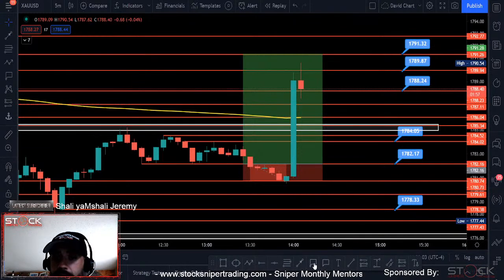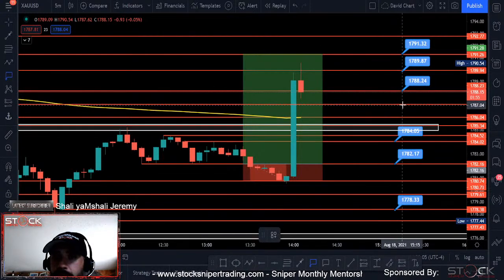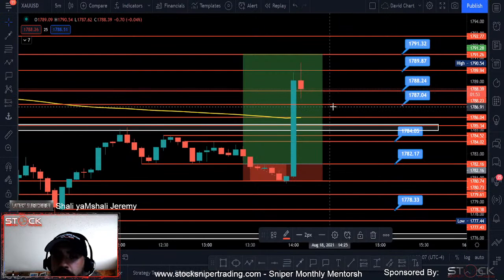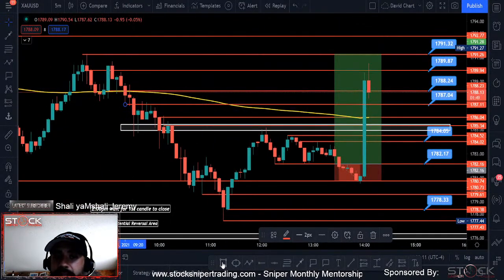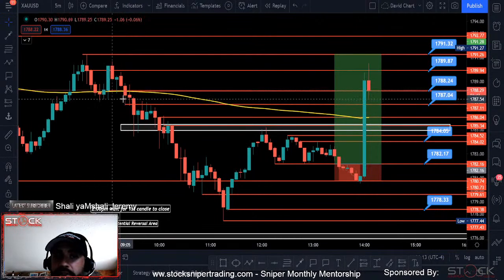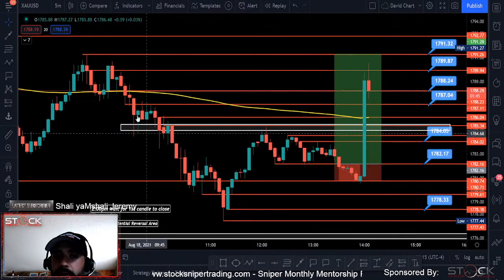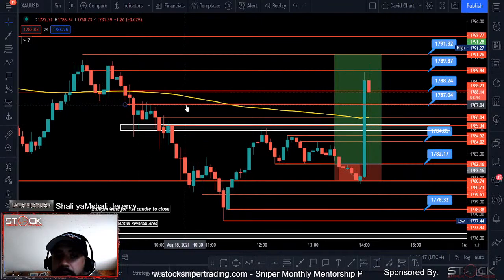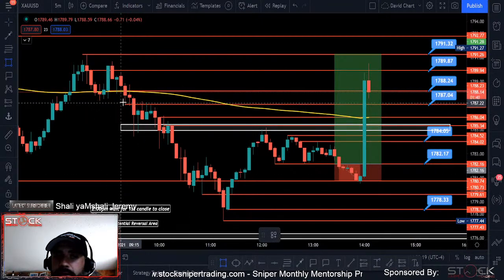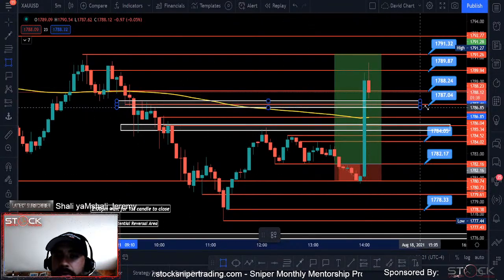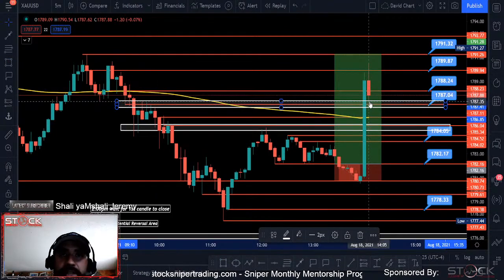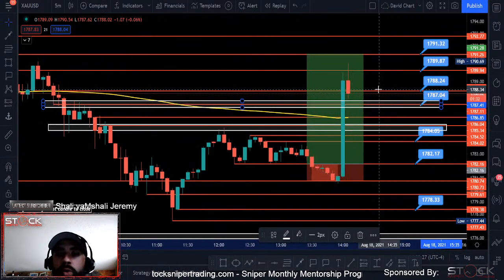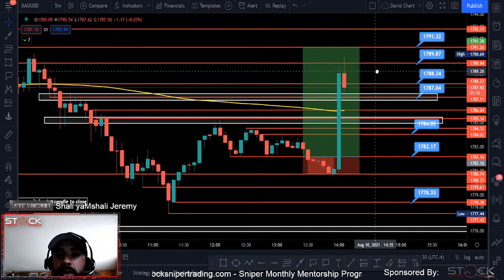I haven't drawn this one, and I do apologize about that. I'll do it right now. Right around 1787.04, you can see that's holding good areas of support. If we look to the left, guys, you can see that that's a previous area where they got rejected. Okay, so right here, you can see the top wicks. Sorry, guys, give me 1 second. Sometimes TradingView is a little like that. So you can see that the top wicks right here are holding this good as support. All right, so let's just wait and see if it's going to break down or if it's going to hold